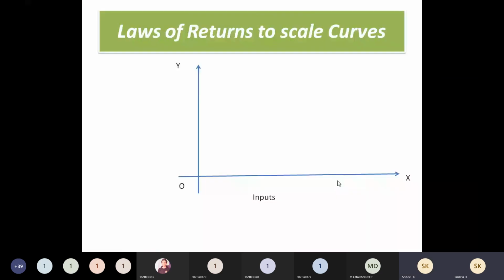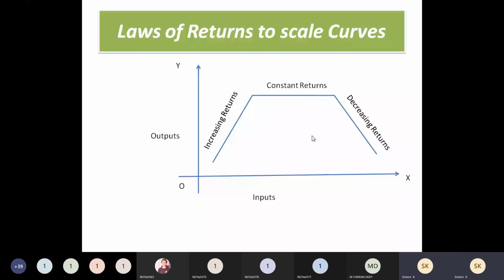Inputs and the outputs. So for increasing returns to scale, you draw it as a straight line flowing from left to right upwards. So name it as increasing returns to scale. And whichever is a straight line parallel to the x-axis, here parallel to x-axis we got now, that is called as what? Constant returns to scale. And the one flowing from left to right downwards, this is called as what? Decreasing returns to scale. So if you take more values and plot in this manner, you will get the